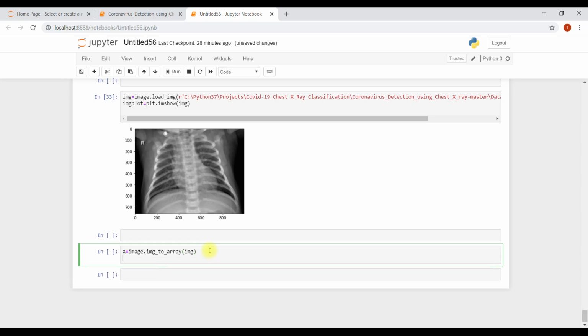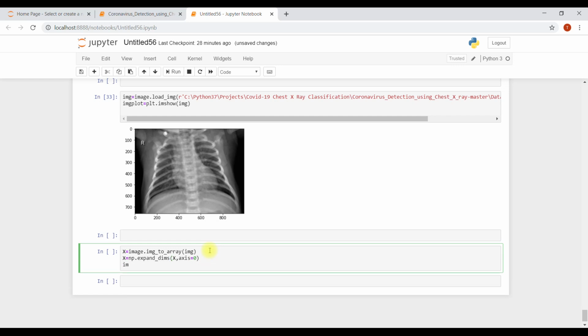Keras is a very great library and has many features. With numpy.expand_dims, if you know the basics, then you know why we need to expand the dimensions, axis equals 0.